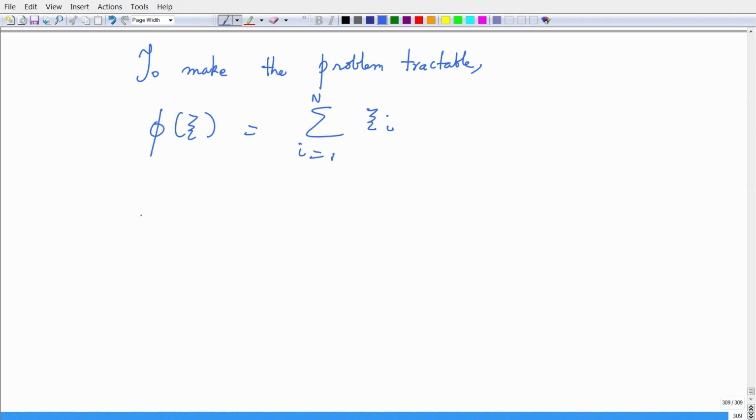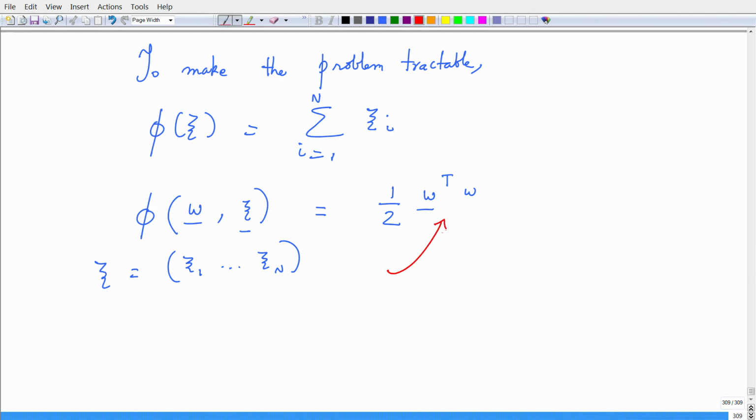Therefore, I can formulate my Lagrangian that comprises my weight vector and these slack variables zeta. I would call this a vector comprising zeta 1 so on till zeta n. This is half w transpose w, which is my objective function,